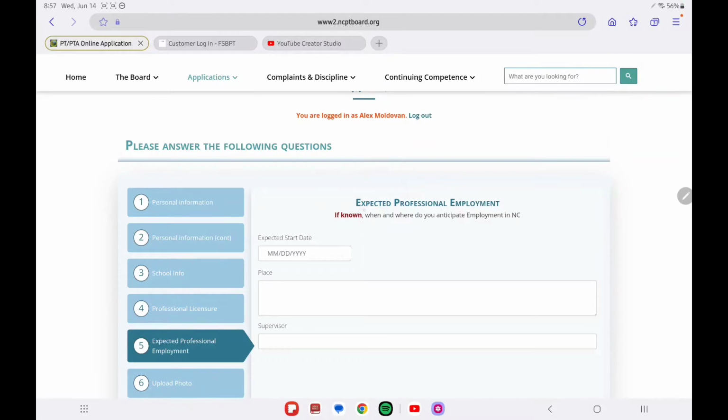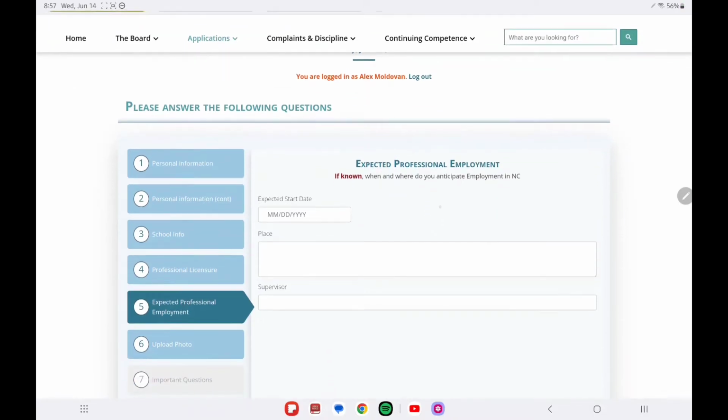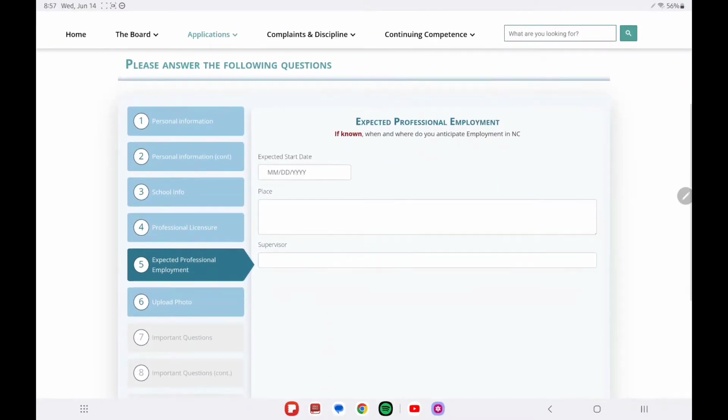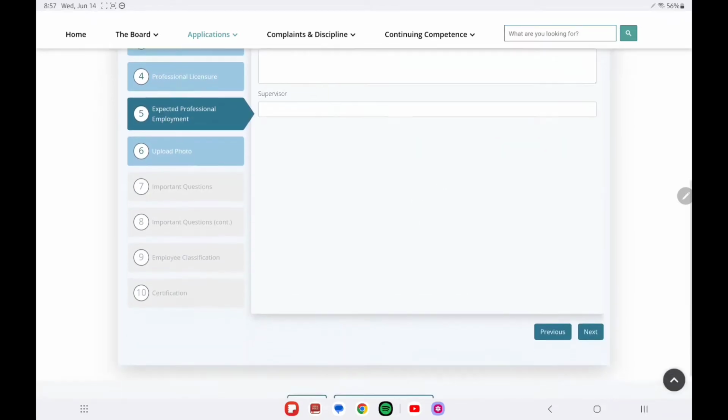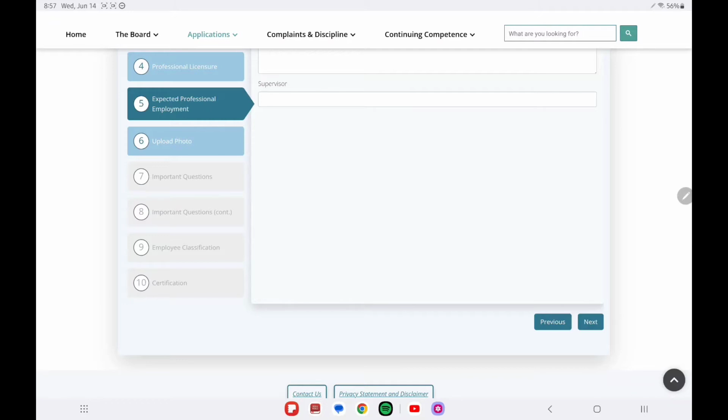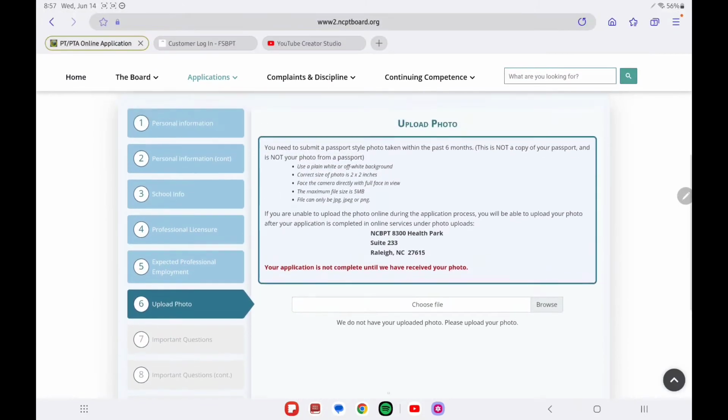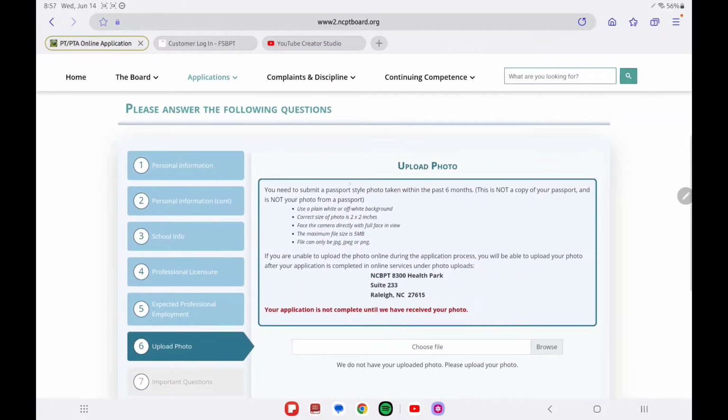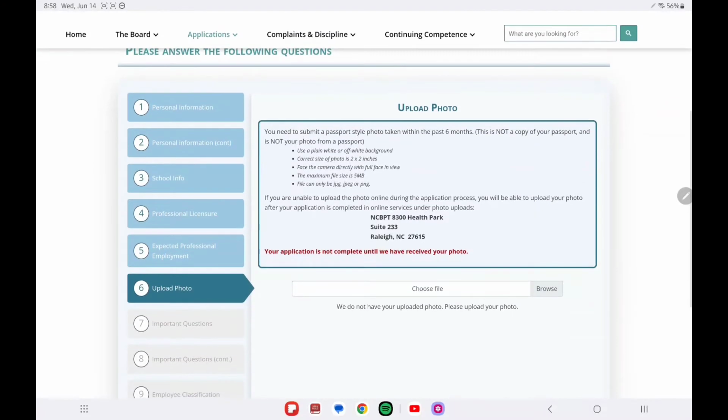Next page here, you're going to put in the expected professional employment. So if you know when you expect to start, the place, and your supervisor. If you don't know, you should just be able to skip right to the next page here. Next, you're going to be uploading a photo. This is your passport style photo within the last 6 months. And then these are the specifications. You just need to make it look nice and professional. Make sure you have a clear line of sight of your face, and then just go ahead and